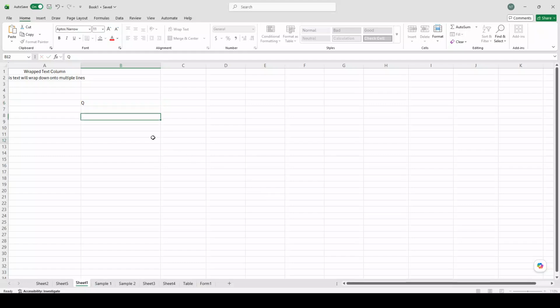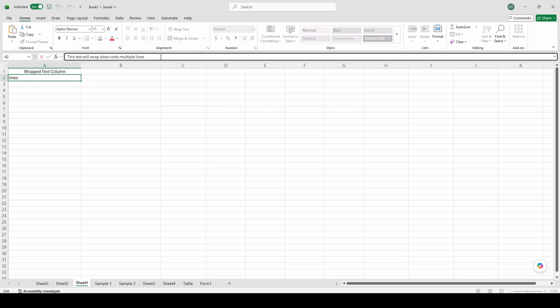In today's video, I am going to teach you how to fit text within a single cell in Excel. If you have ever typed or imported a long sentence into a cell and watched it spill into neighboring cells, this is the feature you want. Excel can still keep all that text inside one cell, and it can make the cell height adjust so everything